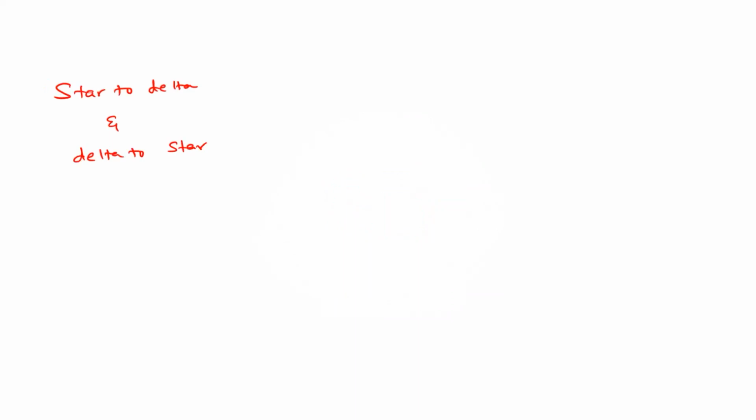Sometimes what's happening is we normally know that circuit elements are usually either in series or in parallel, right? But sometimes they are connected in different ways. One is star connected, or sometimes it may be delta connected. For example, the resistances may be connected in star, or the resistances may be connected in delta, right? So, for example, you have a circuit something like this.